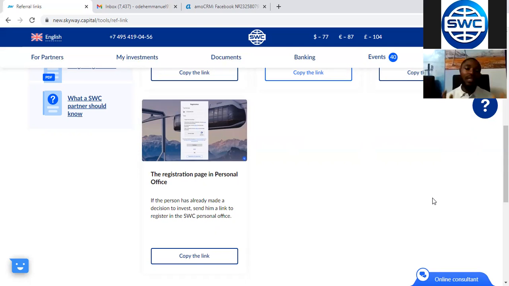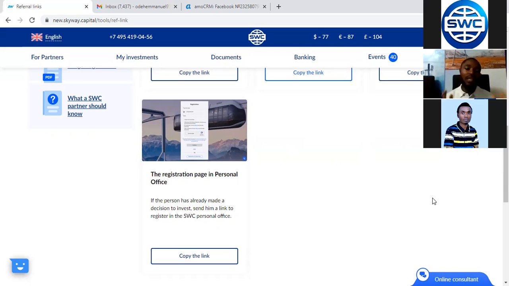I'm interested, account for my partners, click on tools, scroll down to "decision to invest," and send him the link to register in the SWC office, the Skyward Community Personal Office. So you copy this link, go to your WhatsApp page and paste it for the client. The client just clicks on the link and starts his registration.